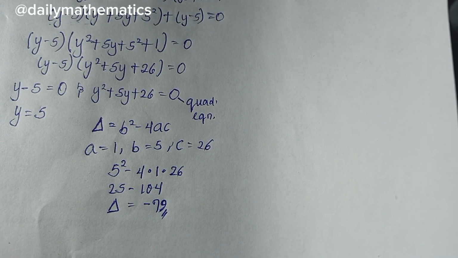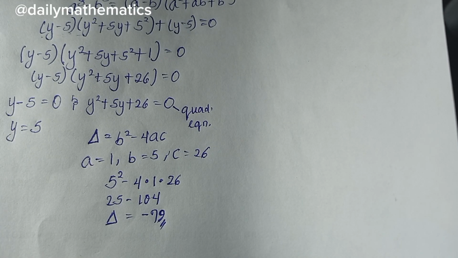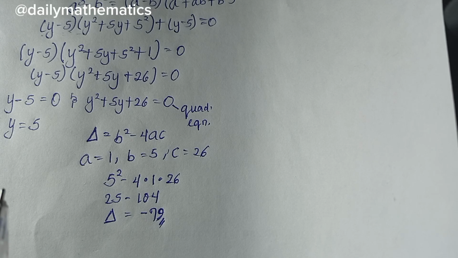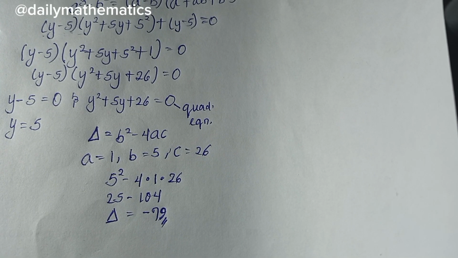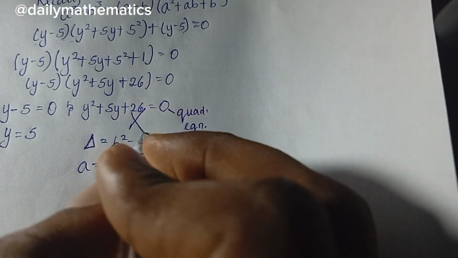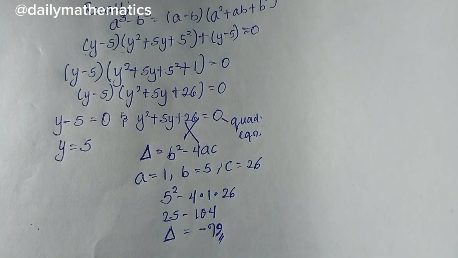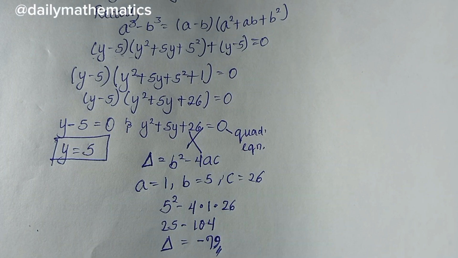So having gotten delta here, we can see what we're going to be getting when we use our formula method. It is going to be something like root minus 79 over 2, something like that. So that will be a negative root, which is not going to be needed. So this equation here is cancelled. So we'll come back to our original equation where we say y equals 5. But remember